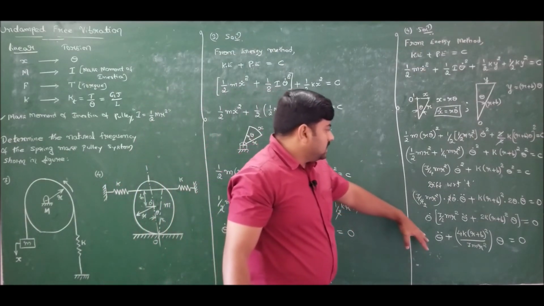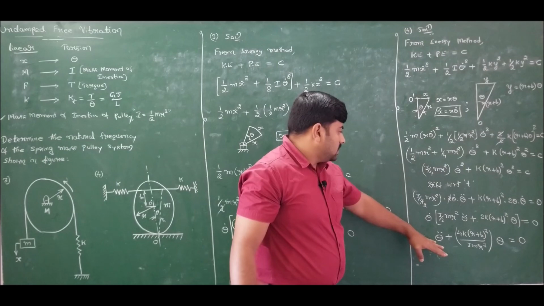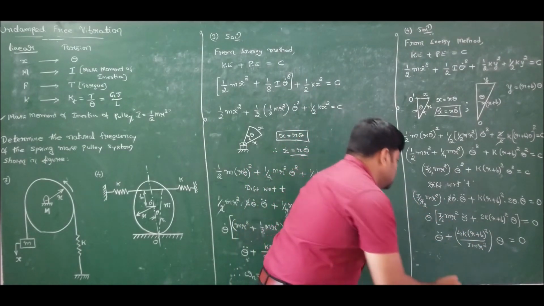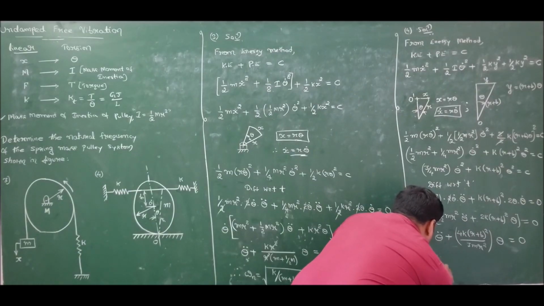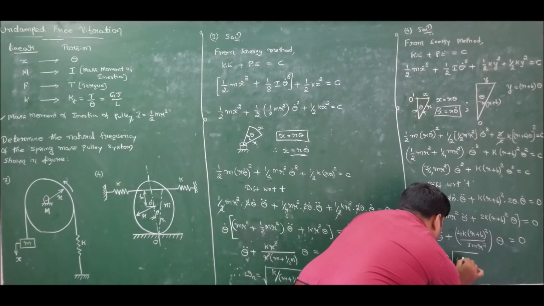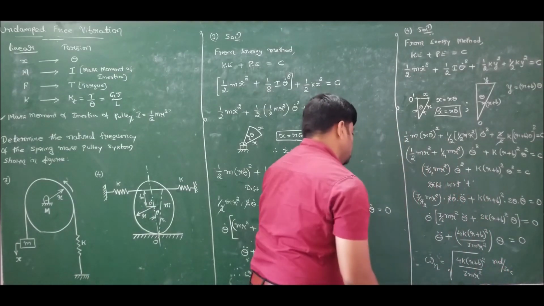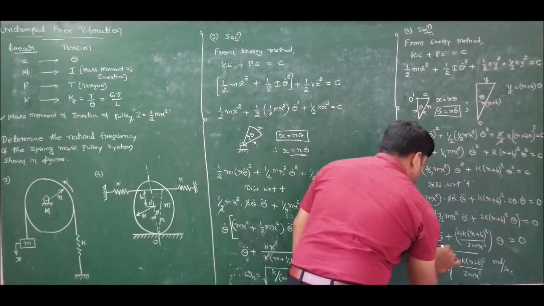Hence analyzing this with the standard form, theta double dot plus omega n square theta is equal to 0, the natural frequency omega n is equal to the square root of 4k times (r plus b) whole square divided by 3 m r square, radians per second. So this is the expression for the natural frequency of